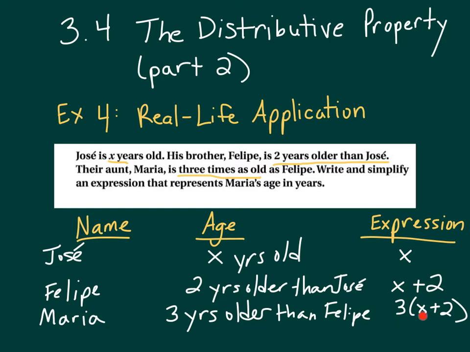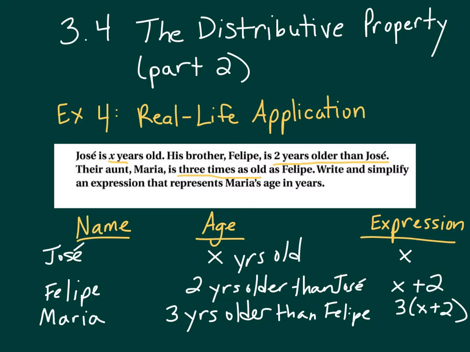Then it says write and simplify an expression that represents Maria's age in years. So if we do this with 3 times the x plus 2,